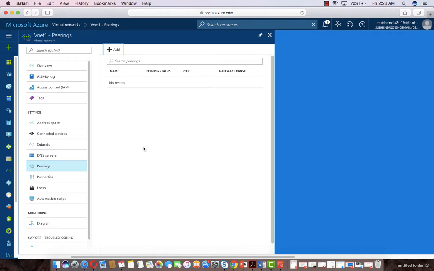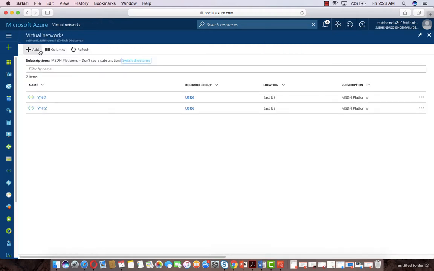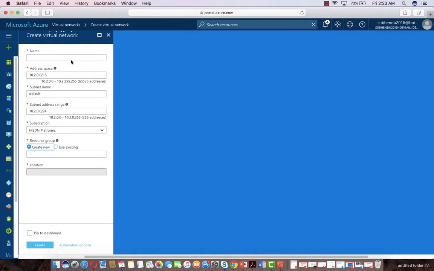Now let me show you how we can do the VNet to VNet connectivity. So here I have one virtual network in the US location. So let's create another virtual network in another location. For that, let's go back to the virtual network and click on Add. VNet India, change the location from US to India.